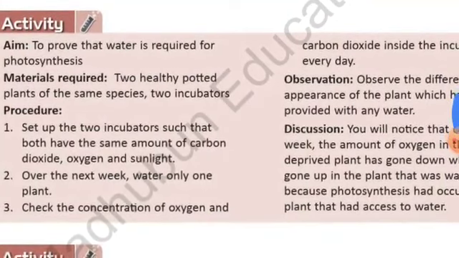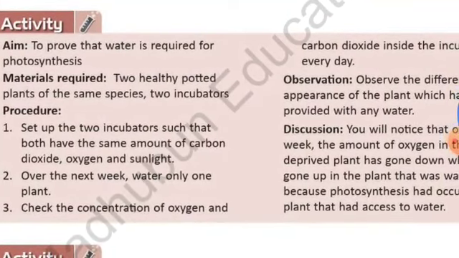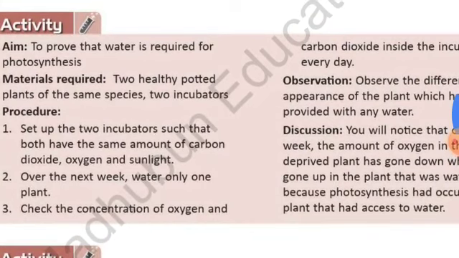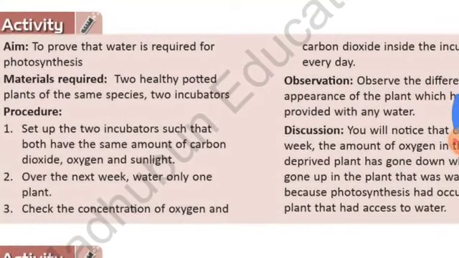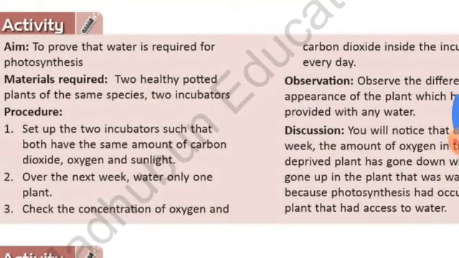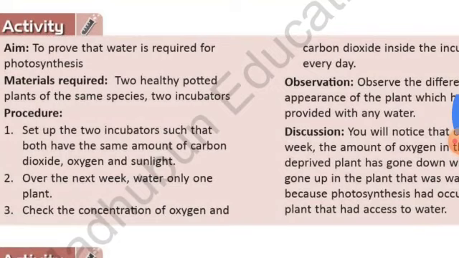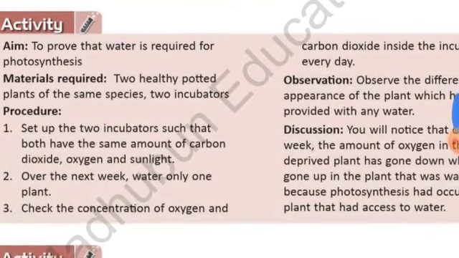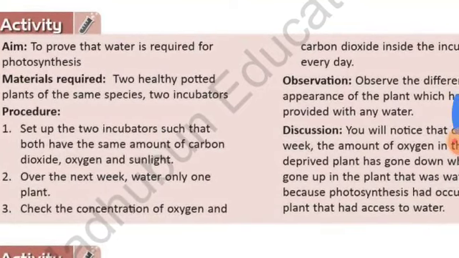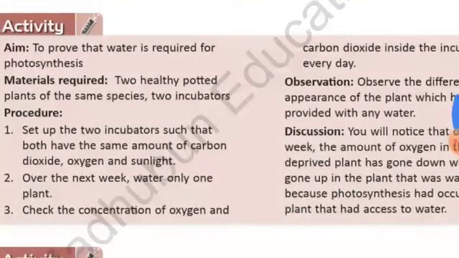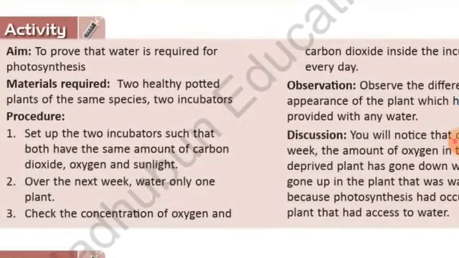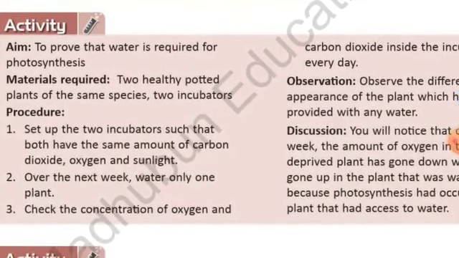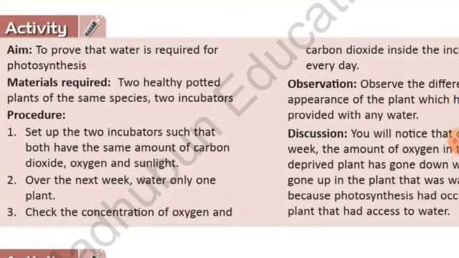Now today's homework will be that you will read and learn pages 16 and 17 and the steps of photosynthesis. You will write the notes and also learn the factors, the activities, how the activities take place, and listen to the recording or audio carefully and only ask the difficult questions or if you have any difficulties you can ask. Thank you.